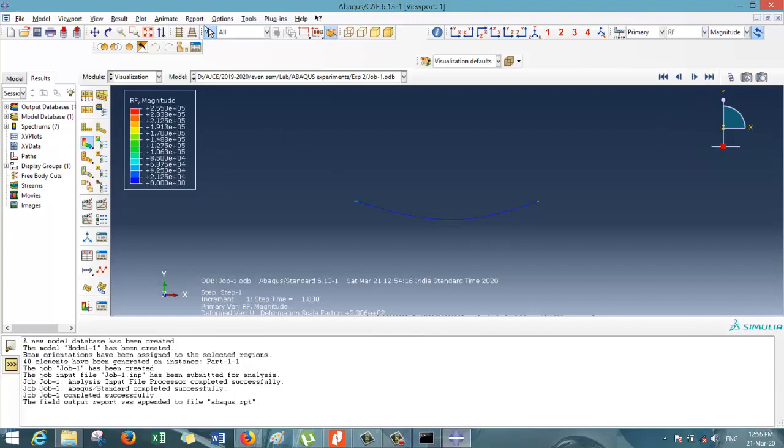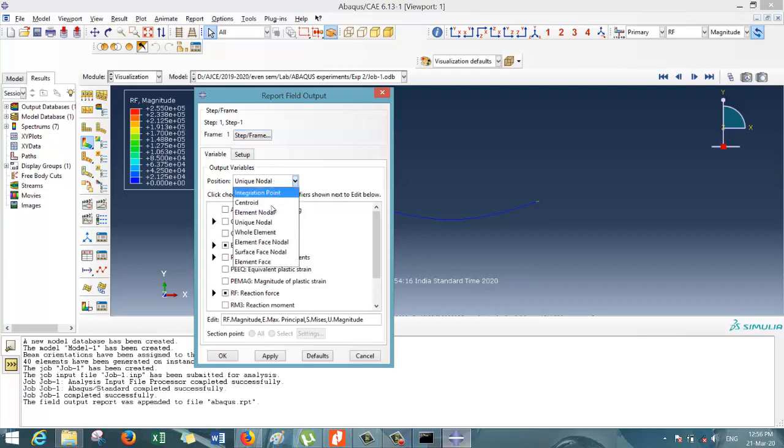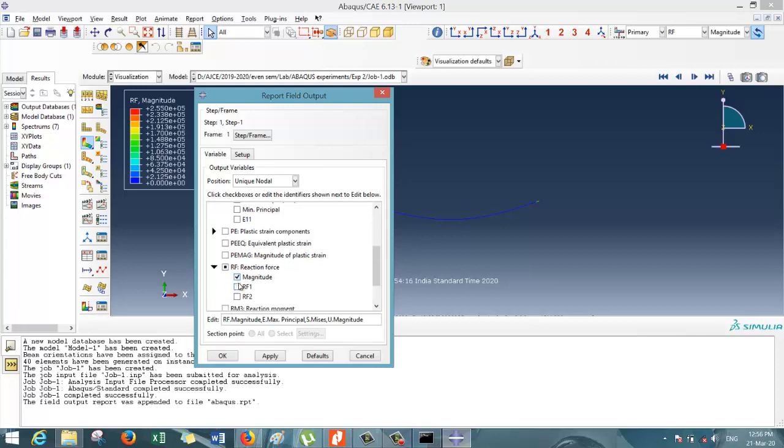Now we have to generate the report. So click on report, field output. You have to change it to unique nodal. You have to tick over here strain, then reaction force magnitude, stress Mises, displacement magnitude.